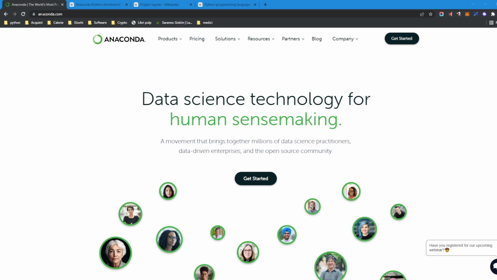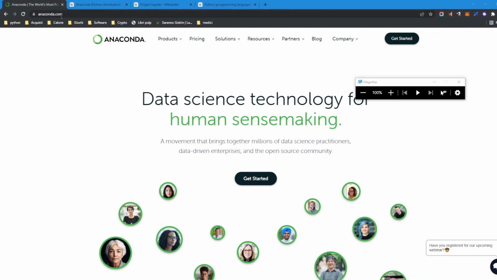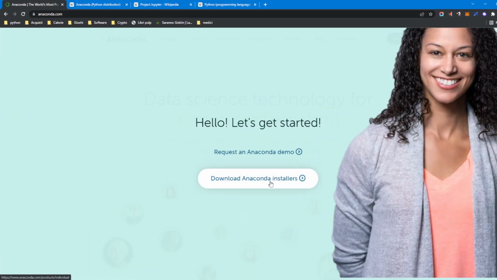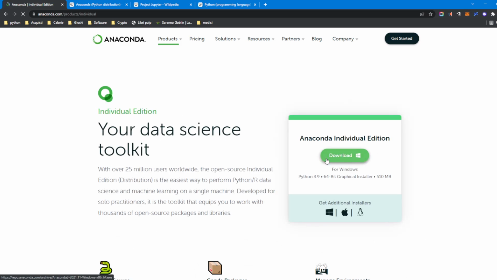First of all, you have to go to anaconda.com, which is the website of Anaconda. You may click on, for example, Get Started, Download Anaconda installers. It should detect your operating system and propose directly the right one. If it doesn't get the right one, you just click here on your operating system, Windows, Mac,